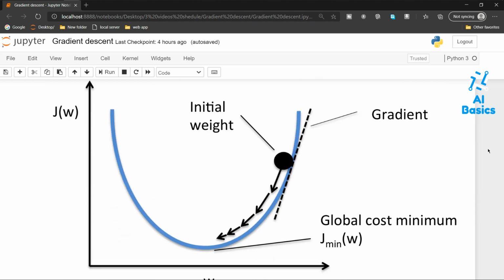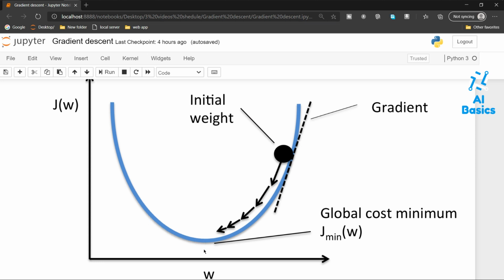Here in this picture you can see this is the point where we started, the top of the mountain, or you can think of it as a bowl and we started at the top of the bowl and we are rolling from top to bottom to find the minimum cost, that means the minimum error.